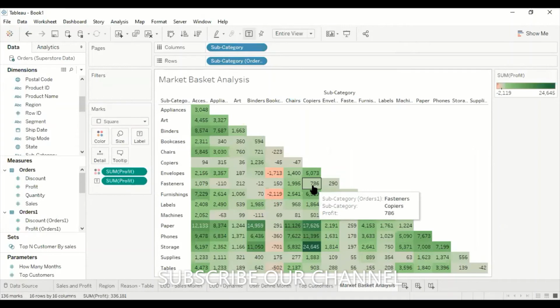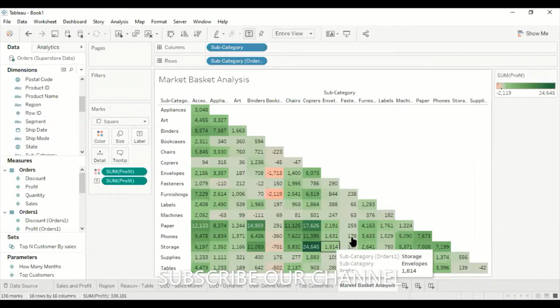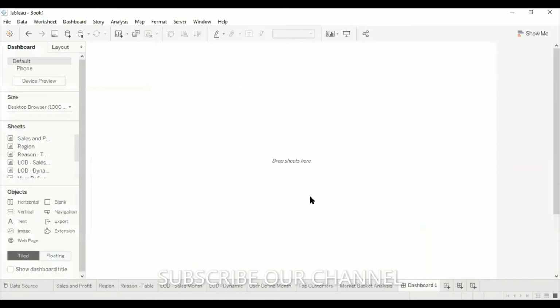In the dashboard, whatever you have done in these sheets, I can bring all these sheets into one dashboard. You can share the dashboard with the management or present it in the meeting. To create the dashboard, there is an icon here with Excel, a dark plus symbol. Click on this. It will take you to the dashboard where I can design my dashboard as per my requirement or the company requirements. First we need to set the scales.